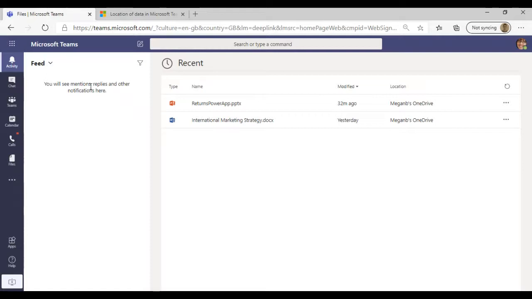So the activity tab, what it's there to be used for is a bit of a catch up and a summary of the day. What you'll see in here, for example, would be any functions, which I'll talk about shortly in the chat function. But if anybody was to specifically mention you within a discussion, within a thread, within a Teams chat, that will actually appear on the left-hand side here. So you might want to look at that as a bit of a, are there any specific actions from me? Equally, you will see any missed calls that you may have had through Teams, and you will see any new threads that have been started as part of the Teams chats. And again, we'll go into that.